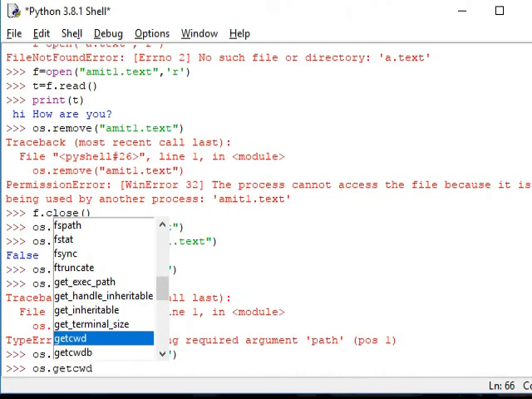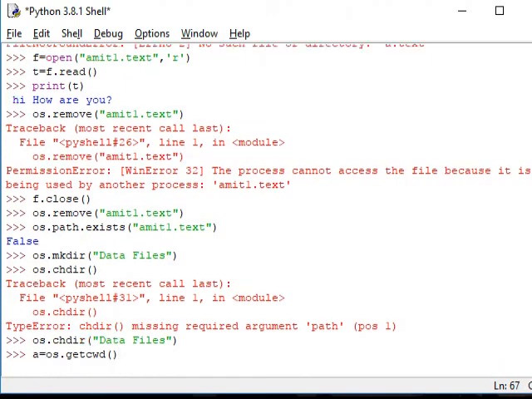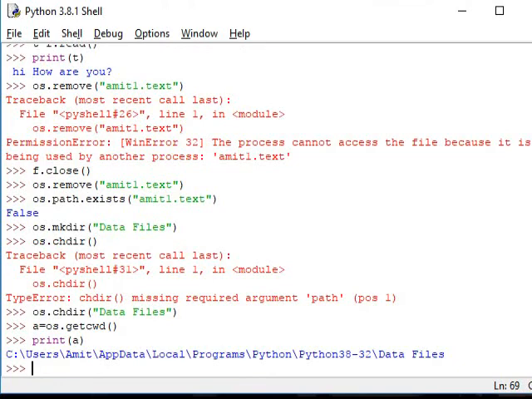So a is equal to getcwd(), it will save the location. Then I just write print(a). Now you can see that before it was Python38-32, now it is datafiles. So whatever files we create, either text file or binary file, they will be saved in datafiles. Let us see how it works.